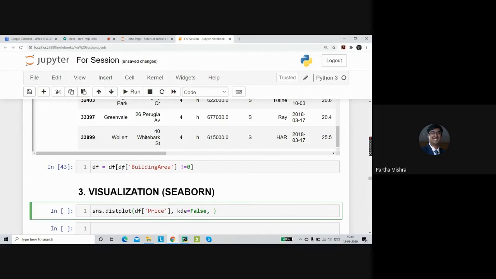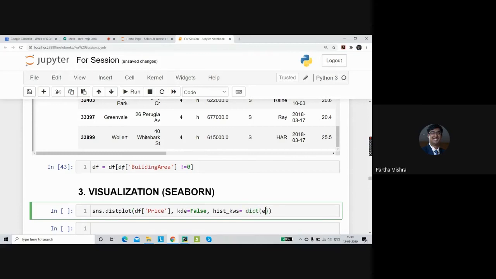All right, and to make the graph a little more clear, we are going to color the edge of the histograms black. For that, we can simply mention hist_kws is equal to, and we'll pass in a dictionary.